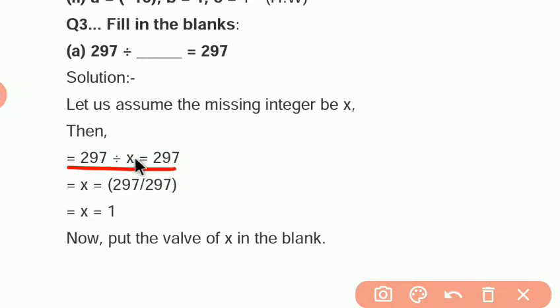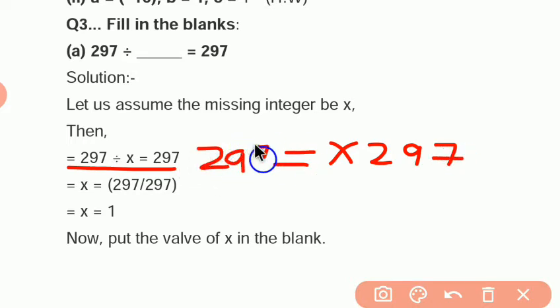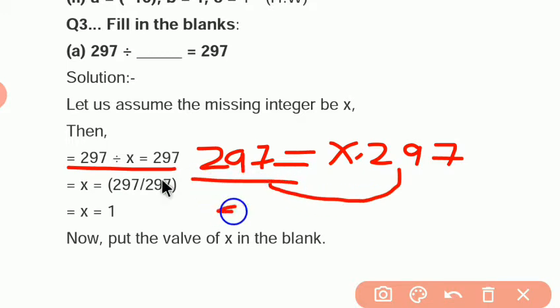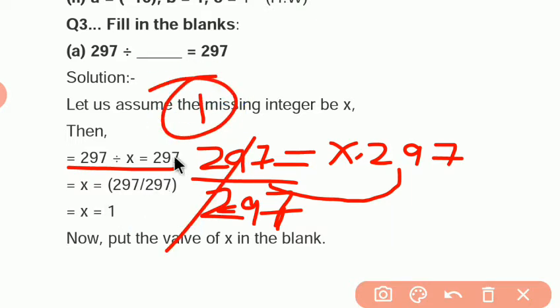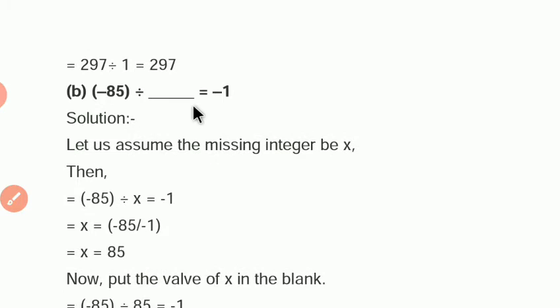Here we have to find the value of x. You know that if x is given in multiplication on this side, it will change into divide on the other side. Here it is given in divide, so it will change into multiplication. It means it will come as 297 is equal to 297 into x. But we have to find the value of only x. Now 297 on this side is in multiplication, so it will change into divide. Means x is equal to 297 upon 297, so x is equal to 1. Or directly also you can write that if we divide 297 by 1, we get the same answer 297.